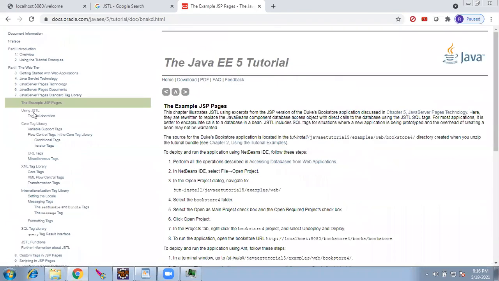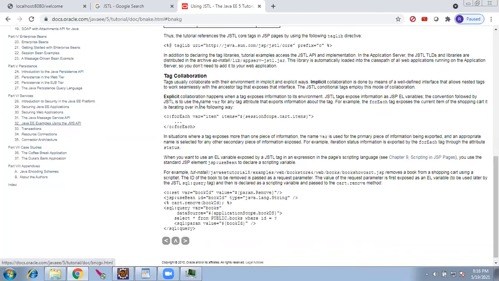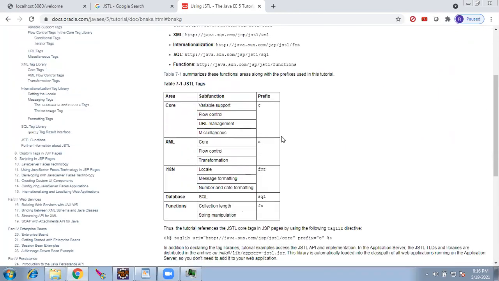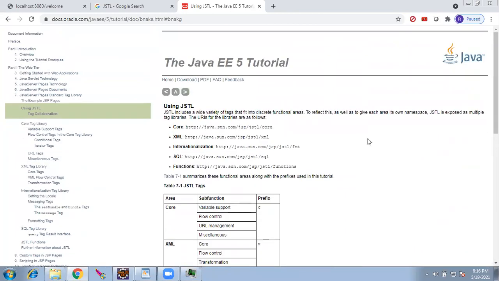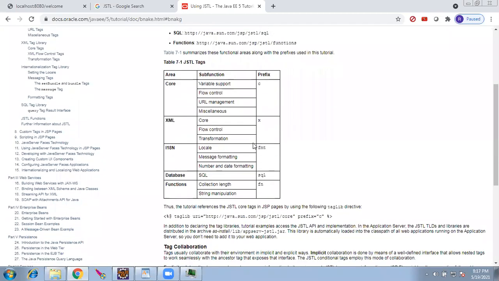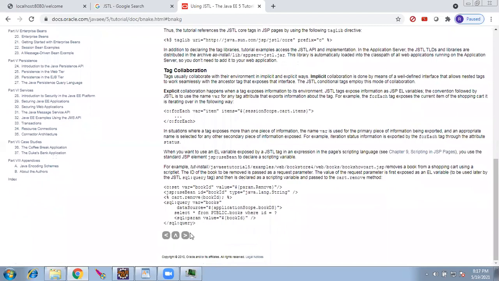One second. Everything is there in the documentation. That's what I tell from day one. Do not depend on anything else. You just have to learn how to use the documentation. That's all. You will get all answers in the documentation.